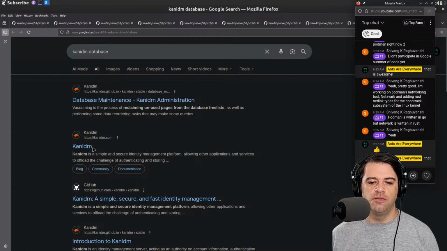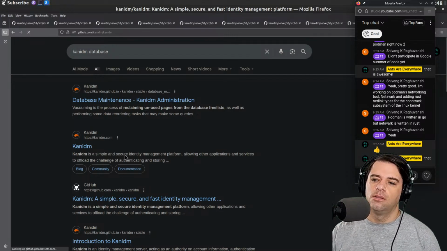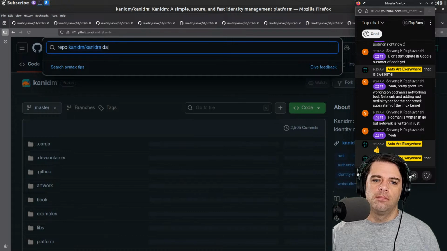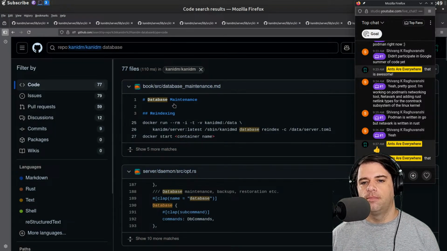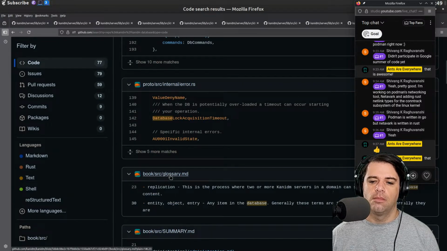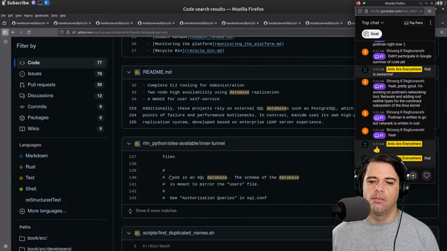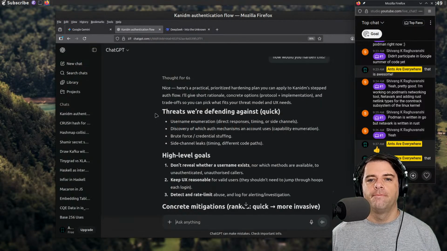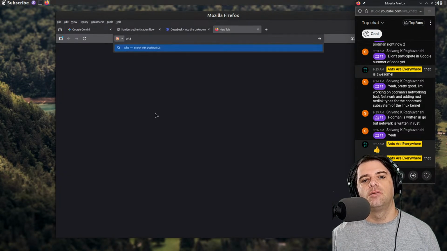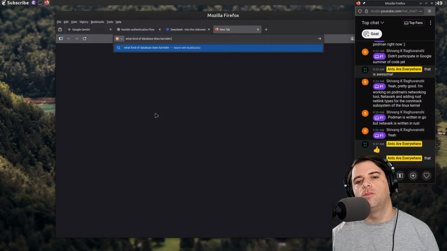Reclaiming unused pages for the database free list. What if I just search for database? How about that? I don't think that's right. So let's ask, what kind of database does Kanidm use?